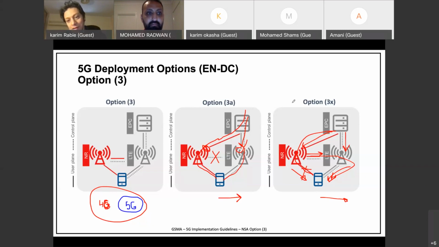Maybe people don't know this point: if you want to initiate a certain service like VoLTE, the handset manufacturer will come to you and ask you to certify. Say you are Vodafone Egypt and you want to launch VoLTE: these are the tests, do the test, certify.